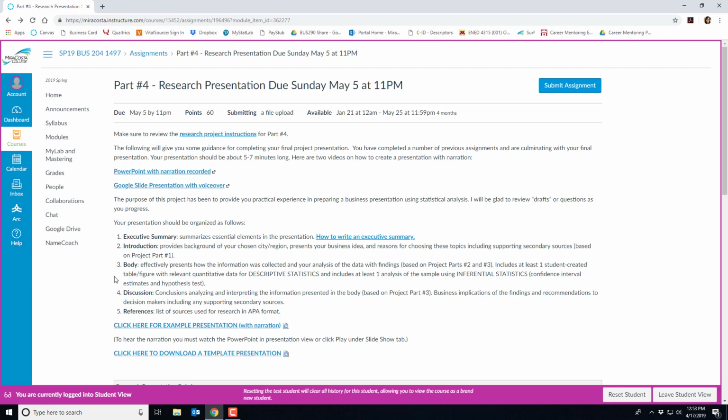The next part is the main body. So this is where you're going to present all the information that you've collected and your data analyses from parts 2 and 3 of the project. So you need to have at least one table or figure, so like a chart of some kind, that has quantitative data for descriptive statistics. So recall maybe you made a pie chart or a bar chart or some kind of chart or table that